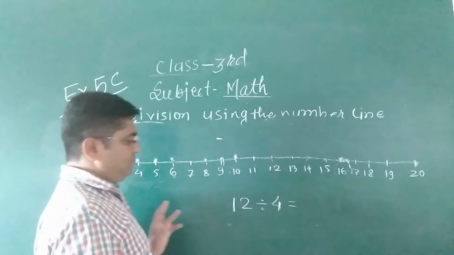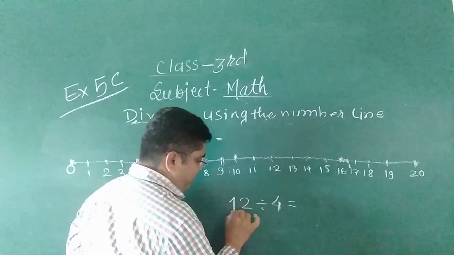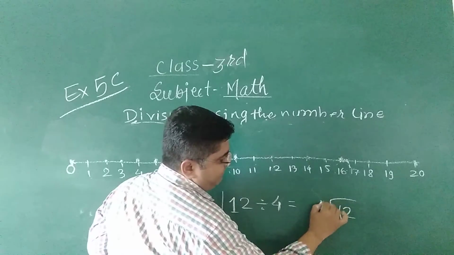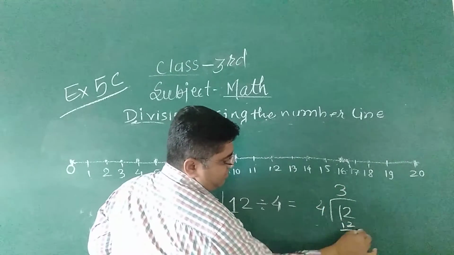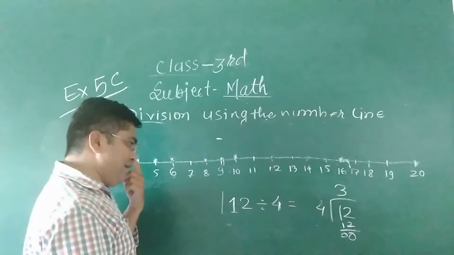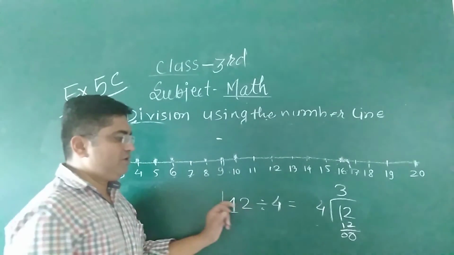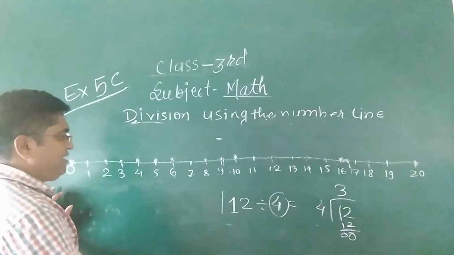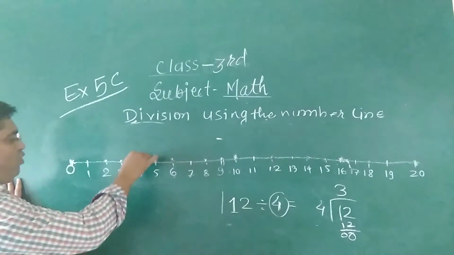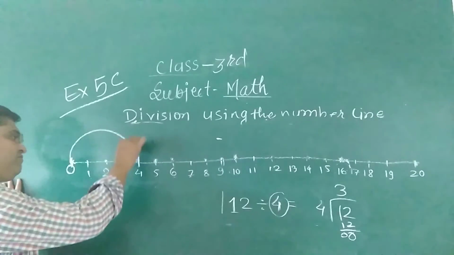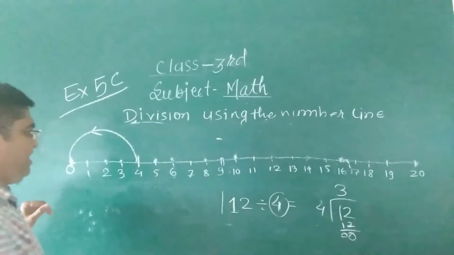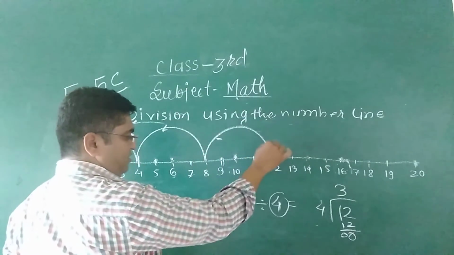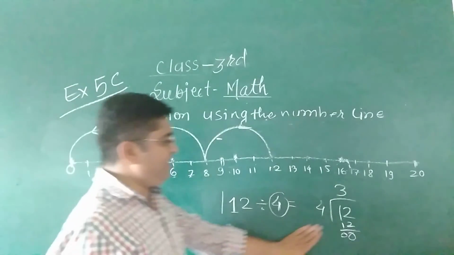So okay, next question, 12 divided by 4. You know that 12 divided by 4, 4 3s are 12. But now what do we have to do? We have to divide by 4, so this complete number line has to be divided by 4. So what will we do? Firstly we choose the 4 points. This one first, next this, next this. How much will we get?